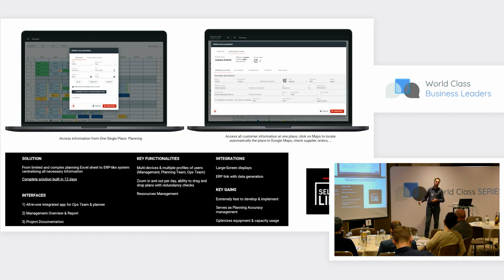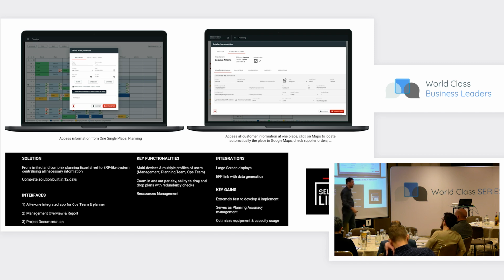This one is something that we've built in 12 days for a small company of 20 people. So it's a very small customer, and it's actually a very simple planning application where people can see what's going on in their planning. If everything is ready, you see some small icons here that are green or red.